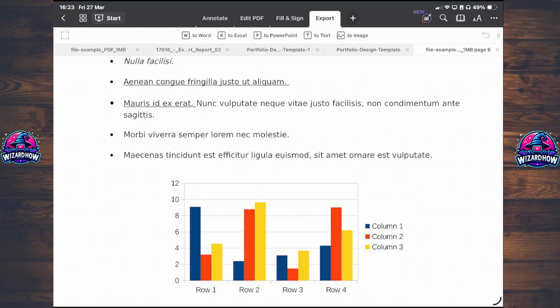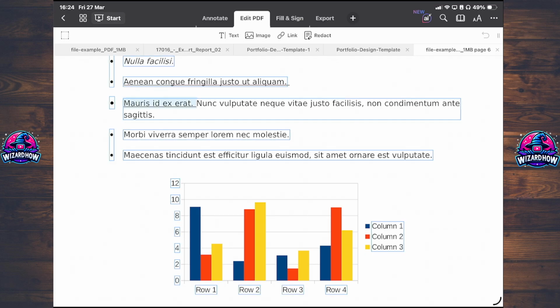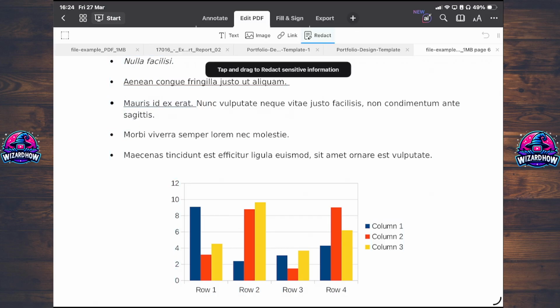And what I need to do now is tap the Edit tab at the top. So we have here edit PDF, just like that, and tap the redact tool in the sub menu. So you will see it right here next to link. So this one,